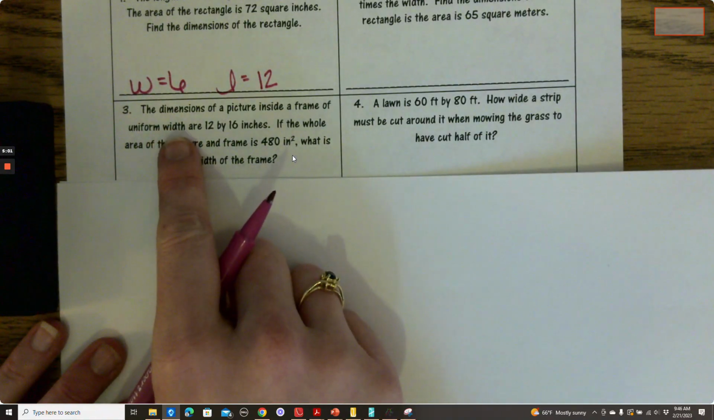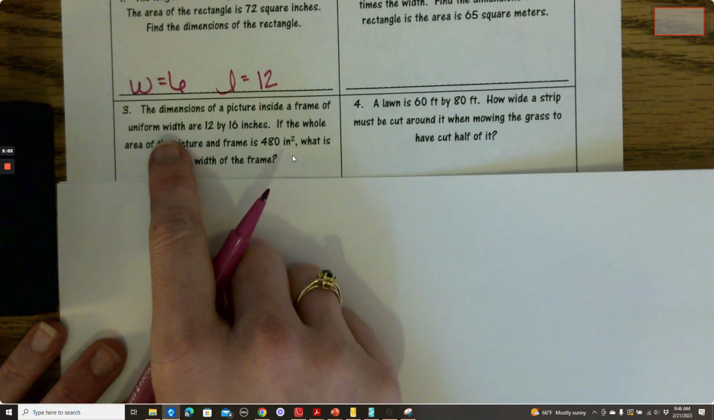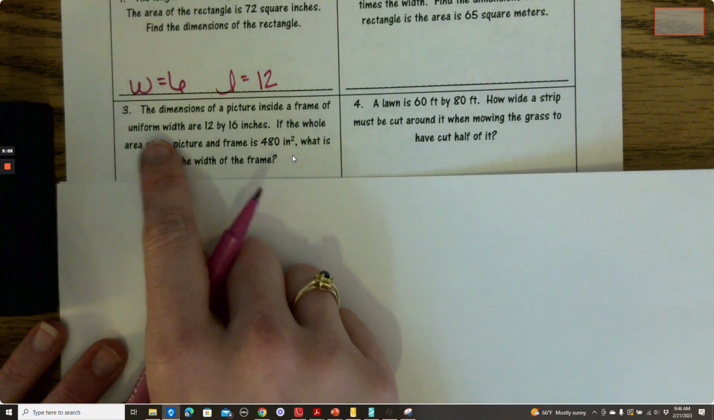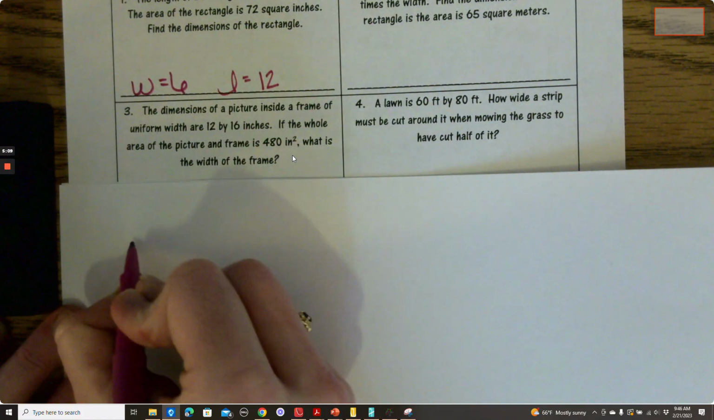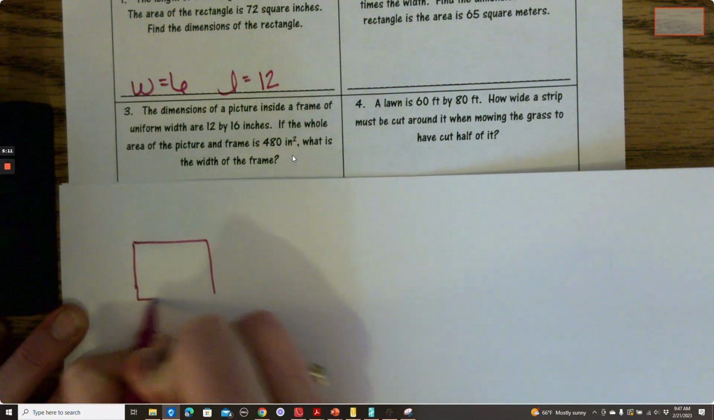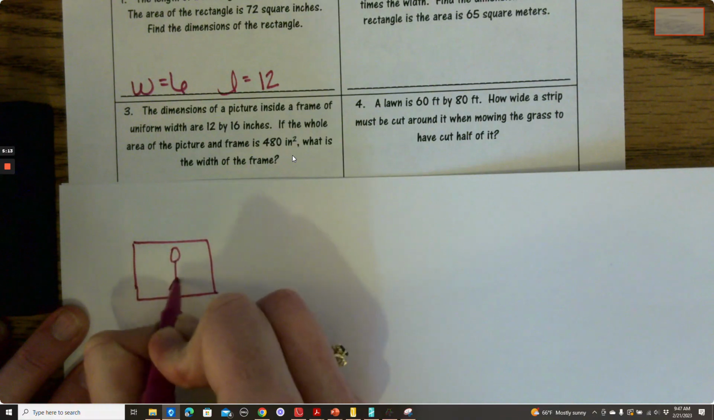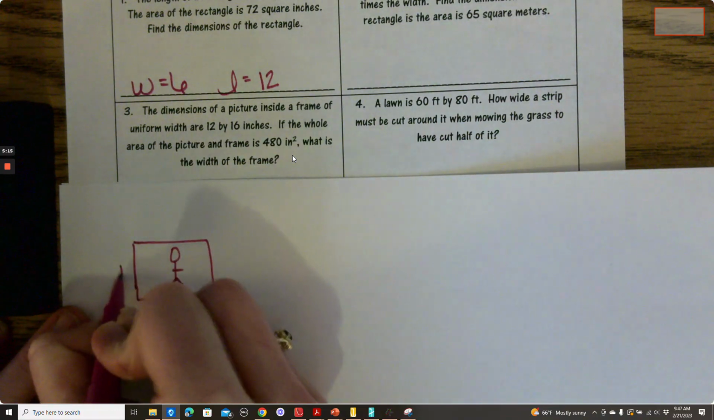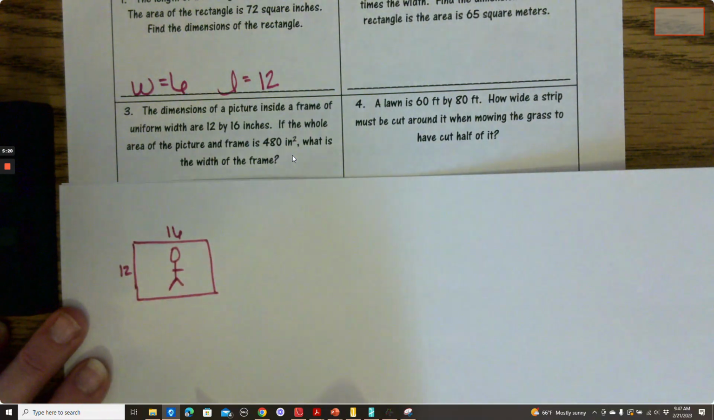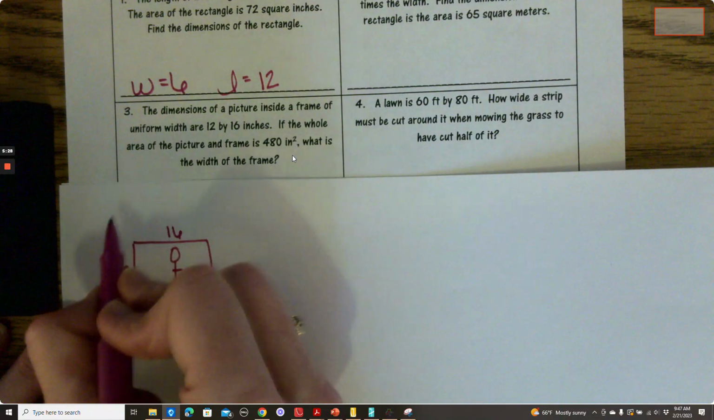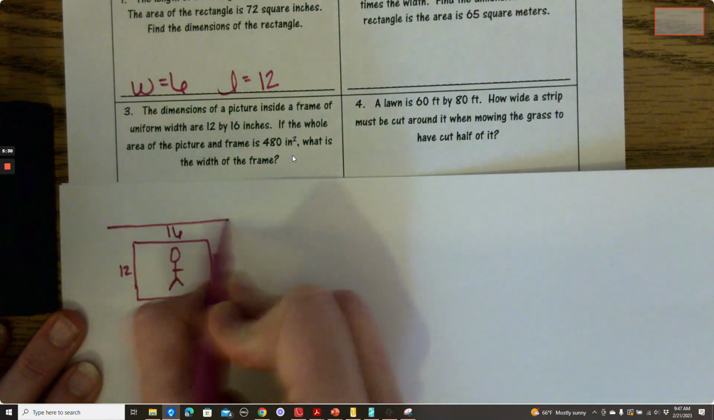The dimensions of a picture inside a frame of uniform width are 12 by 16 inches. So I've got a picture, right? Here's my picture. Put a little stick person in there. 12 by 16. If the whole area of the picture and the frame is 480 inches squared, what is the width of the frame? Okay, so if this thing has a frame on it,